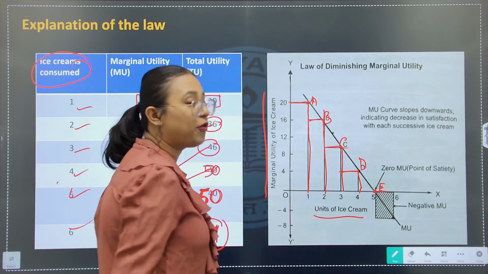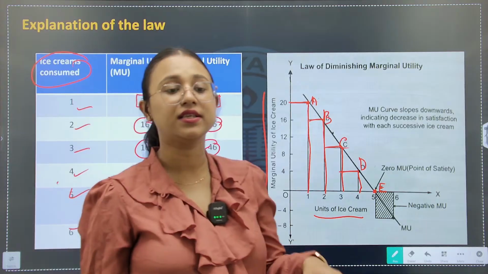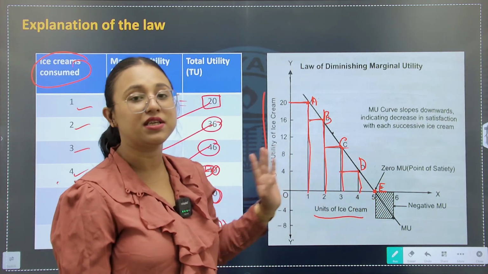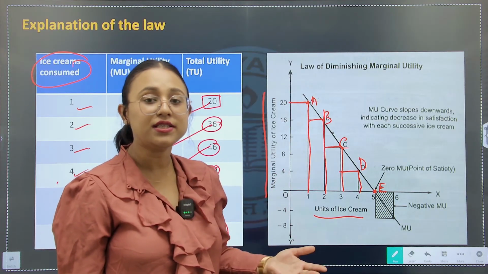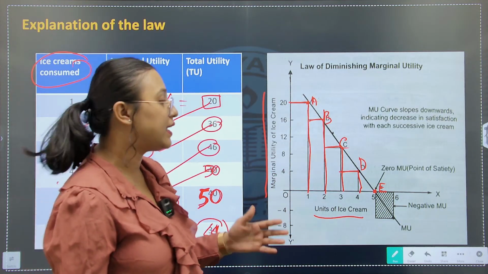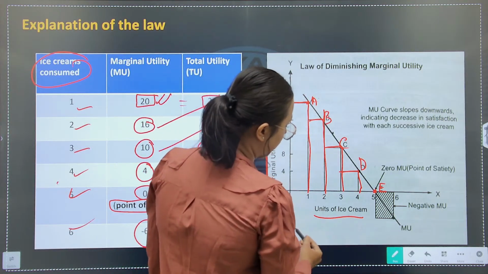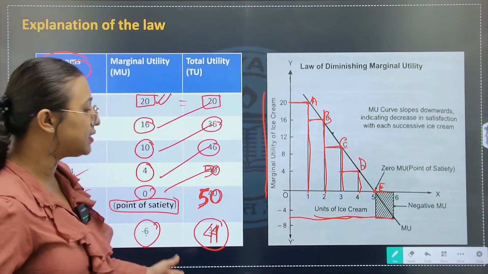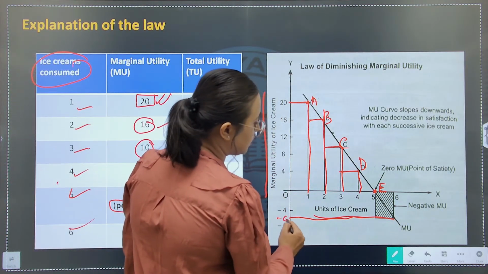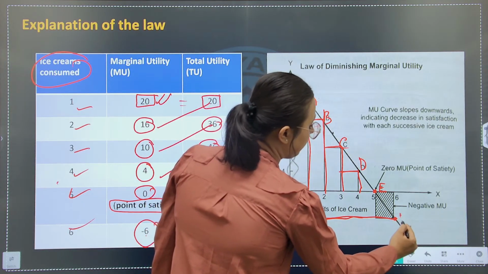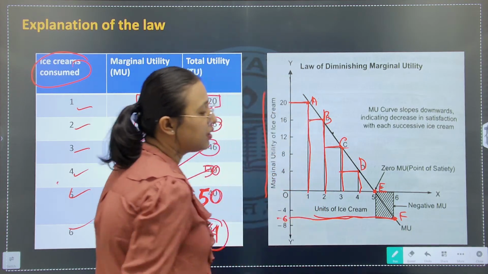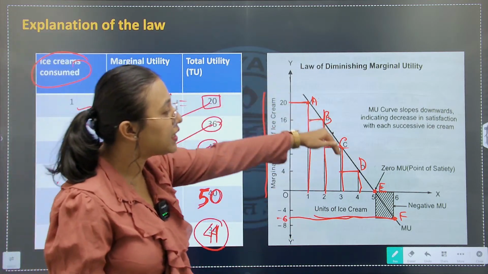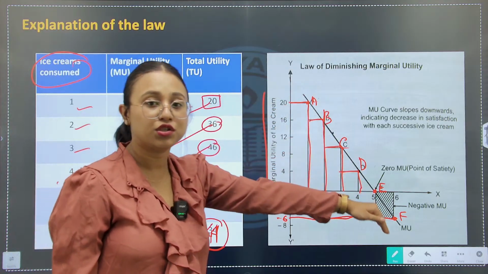And this point is overlapping with the x-axis. That means marginal utility has become 0 here. Beyond this, marginal utility will be negative, and as such we will be at a point, suppose minus 6, we have received minus 6. So it is already minus 6, we will be at point F here, where the marginal utility will become negative. So what will the marginal utility curve be? A downward sloping curve,